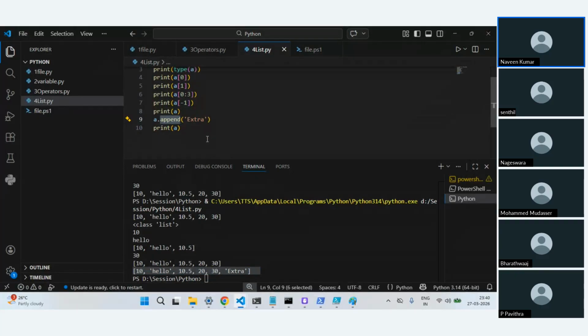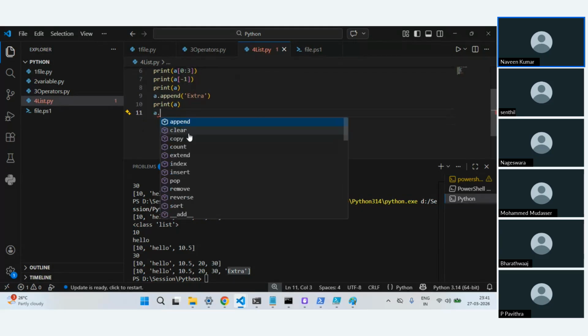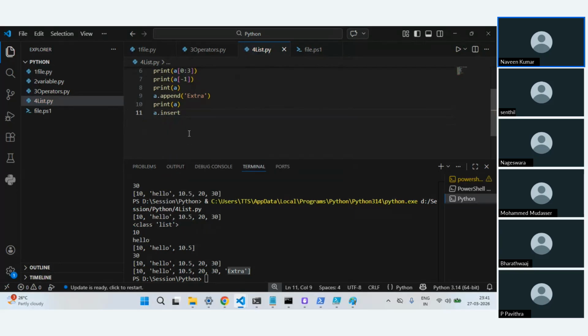Similarly, right now, if you see, this element got added at the last index. If I count 0, 1, 2, 3, 4, 5th, this is of index 5. Now let's say I want to insert, but I don't want it to be inserted at the end. Let's say I want to insert it in the first index. So I'll just say insert. There is a separate, different function, and I'll define what is going to be my index number.